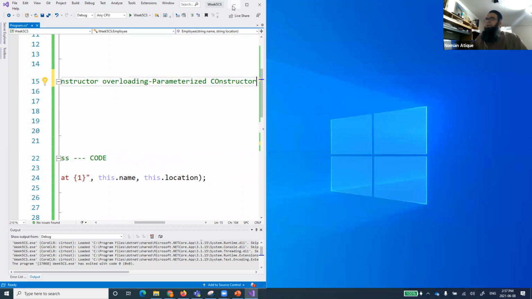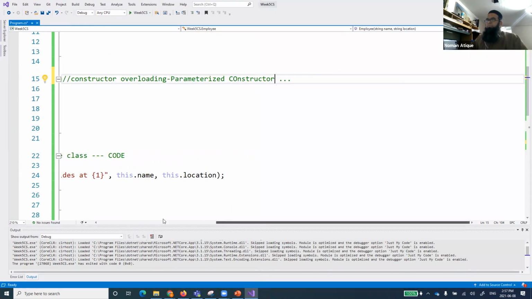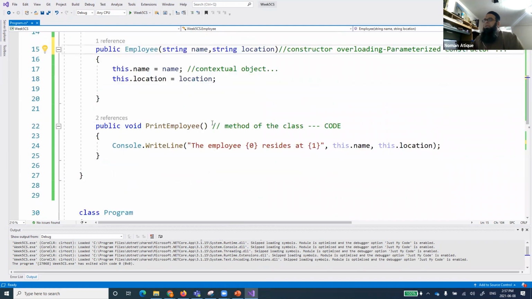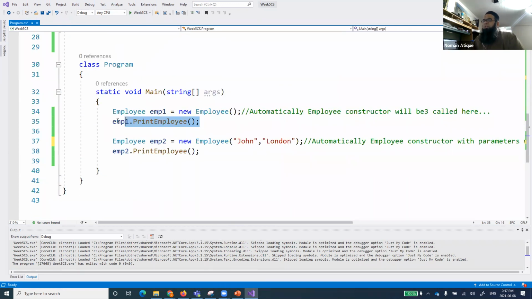Now both of them are running, and let me show you. If I do not call this function, I want to tell you a few important things.